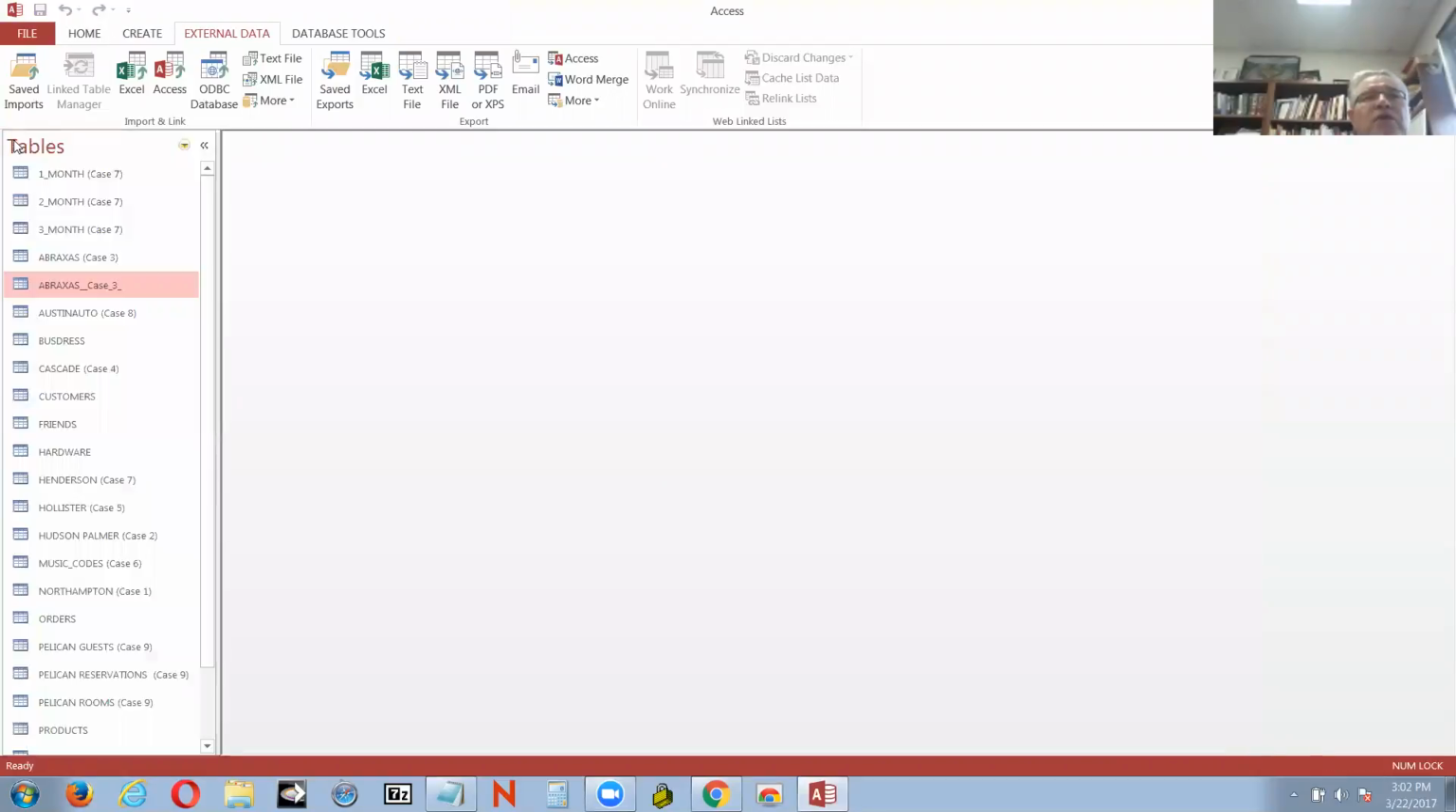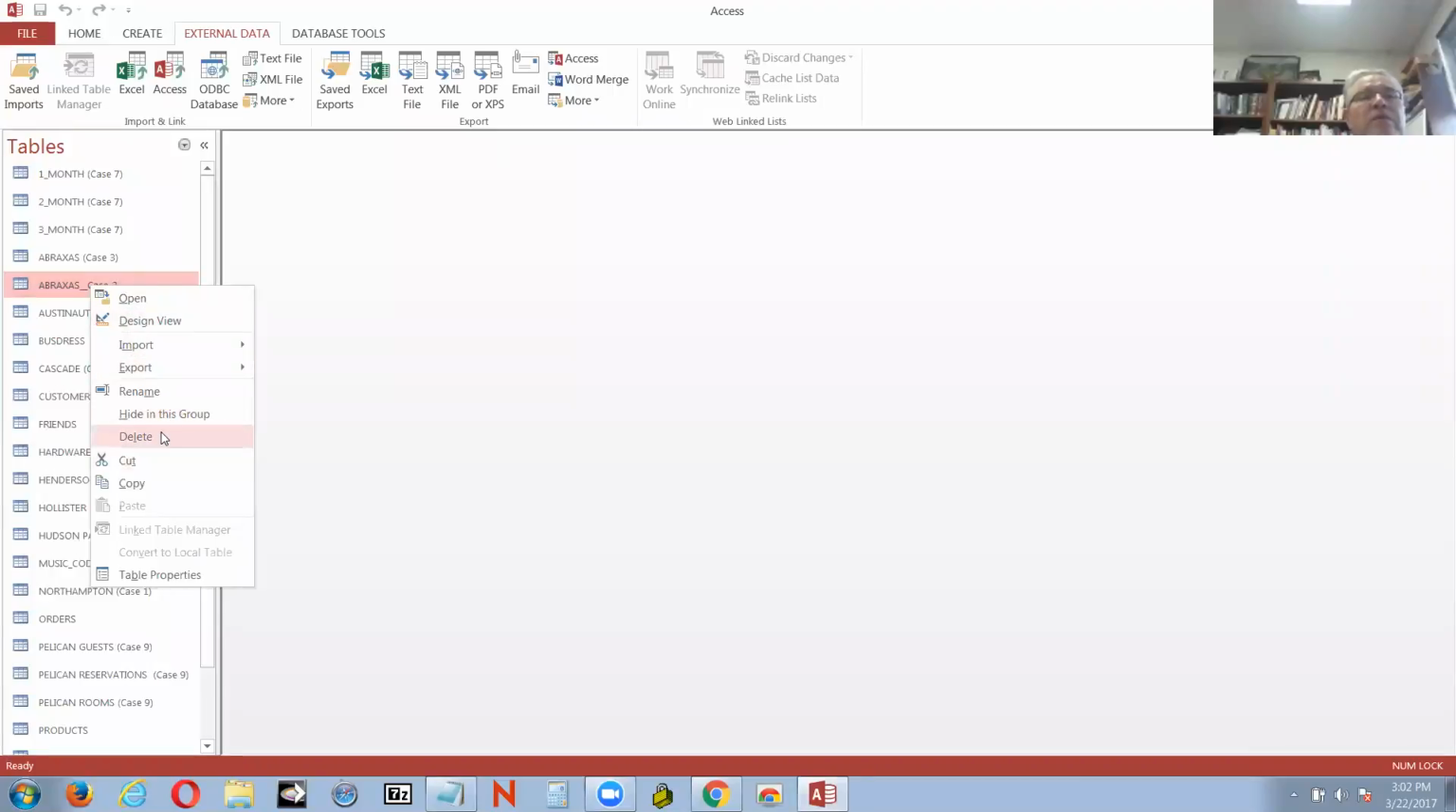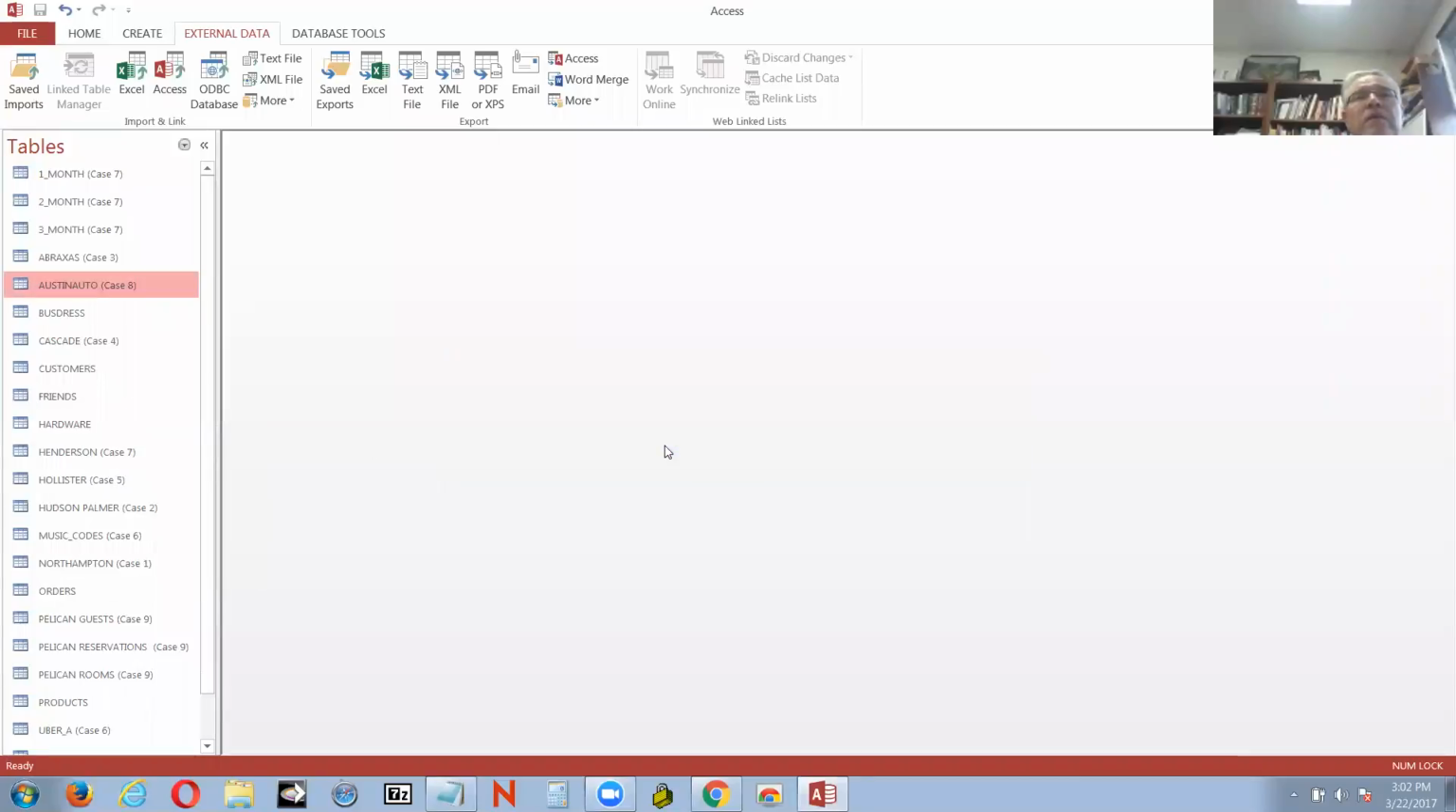Okay, let's open the navigation pane. And I'm going to do this one more time just to show you how to do the import. So I'm going to get this Abraxus case, Abraxus underscore case 3, and I'm going to delete it. Okay, so we're going to do the import. I'm going to repeat that for you. I'm going to click get external data,